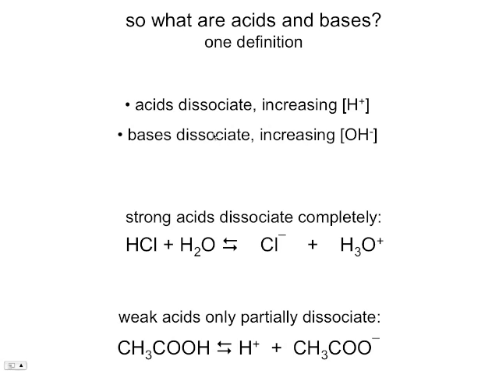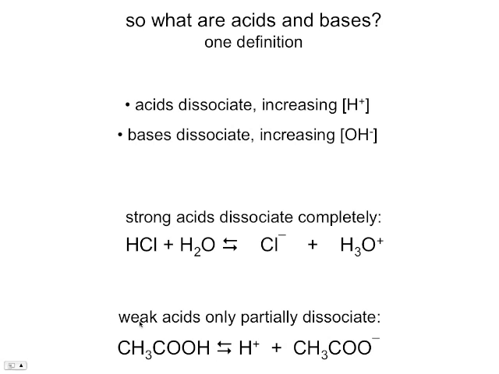Yes, here's our definition. Acids dissociate, increasing the hydronium ion concentration. Bases dissociate, increasing the hydroxide ion concentration. So we said that water only ionizes weakly. With that number, the concentration of hydronium ions is relatively low, 1 times 10 to the minus 7 molar. Strong acids like hydrochloric acid dissociate completely into chloride ion and a hydronium ion. Whereas weak acids,